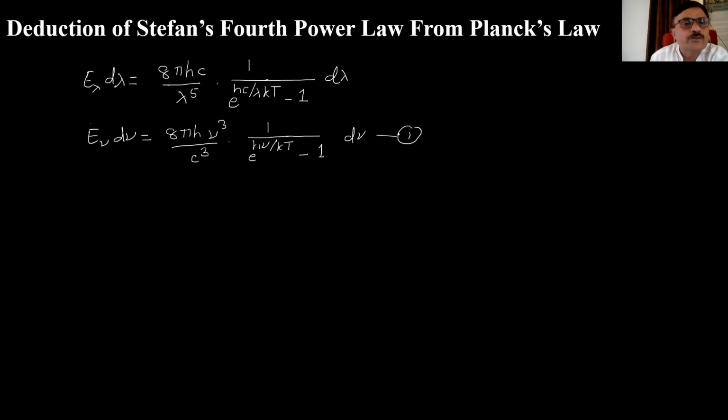So we can call this equation number 1. These two equations are nothing but the Planck's radiation law. This equation is in terms of wavelength, and this equation is in terms of